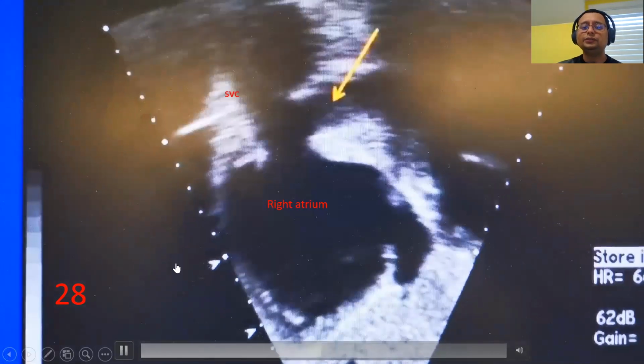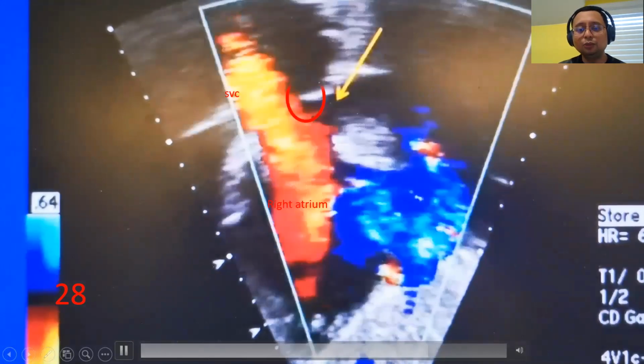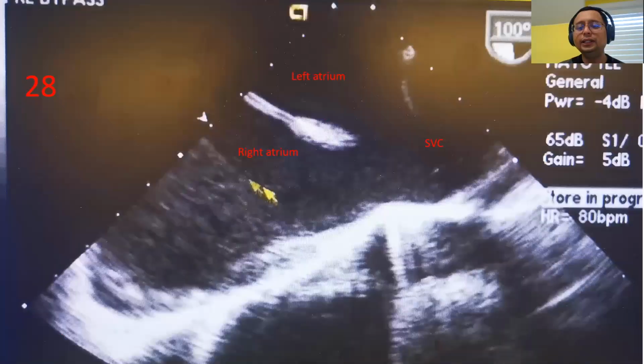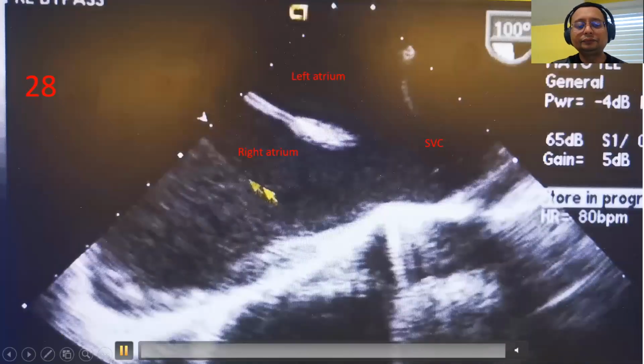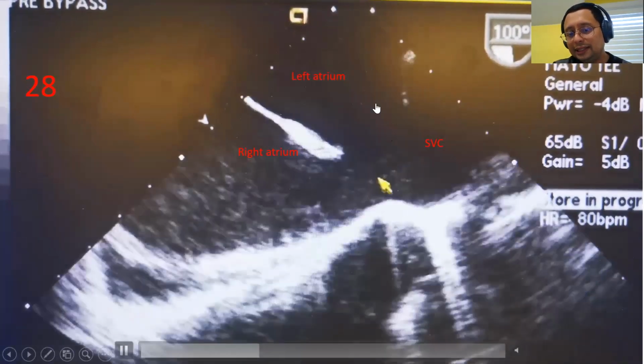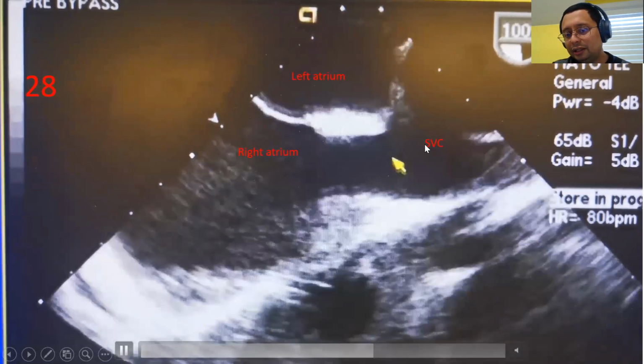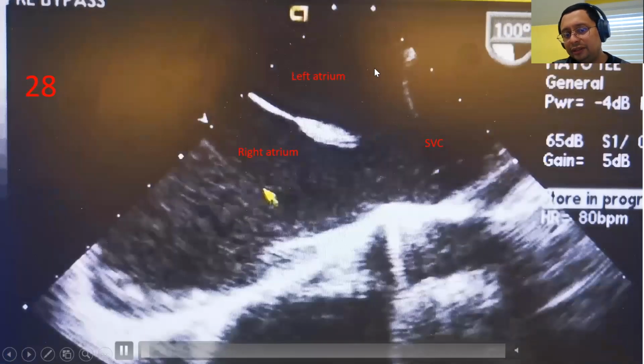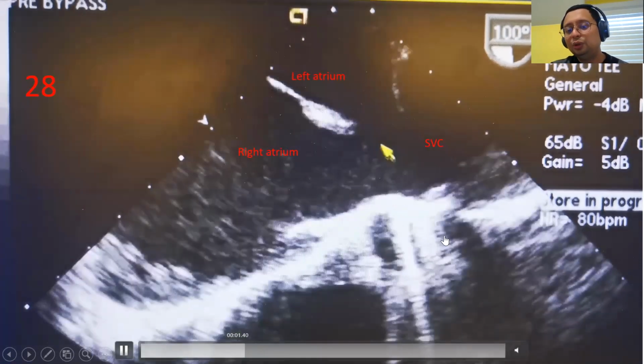Okay, sinus venosus. In TEE, it's much more clear. Okay, I'll show you in TEE. So this is in TEE, right? You can see there is a defect here. This is the wall that is shared between the SVC and left atrium. So this wall is deficient. Therefore, if you have blood that goes into the SVC, it might go straight away into the left atrium via this communication here. Okay. Now you can also have